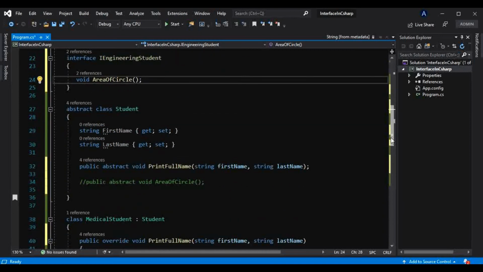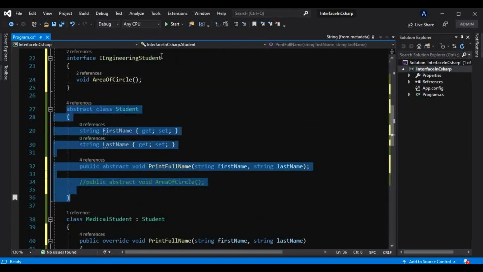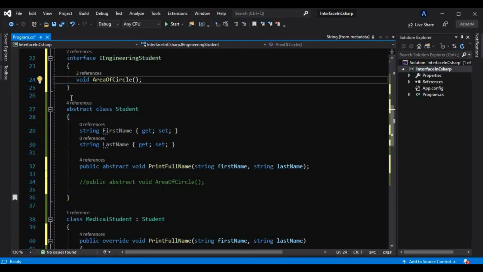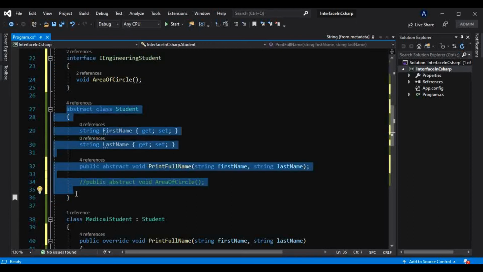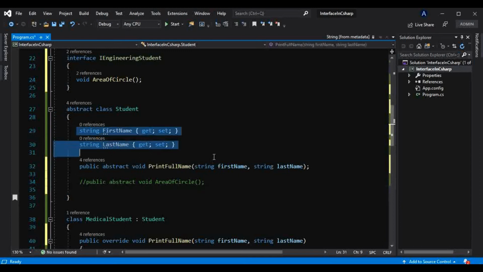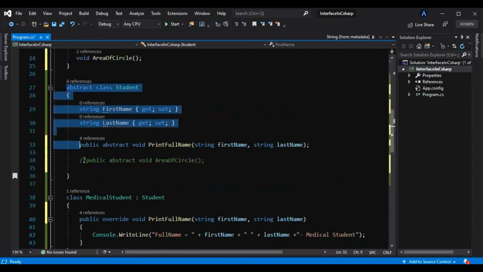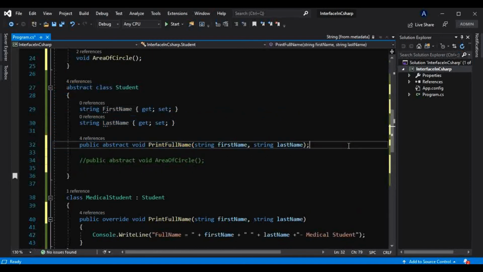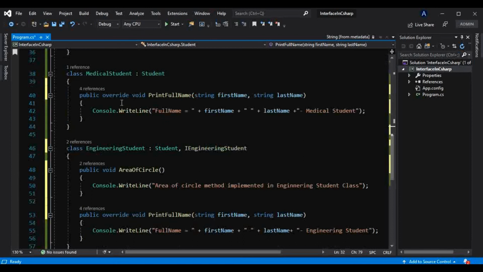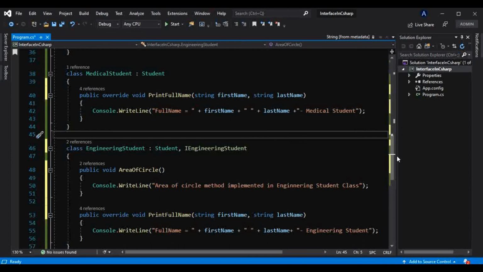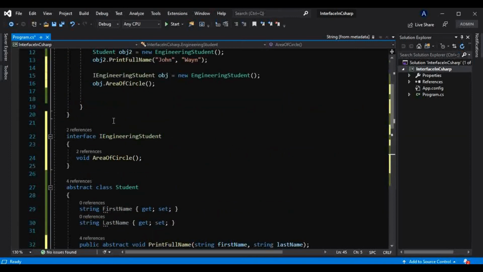And now if you have understood when to use abstract class and when to use interface: use abstract class when you know there is a common structure for its inheriting classes, that they will need that common structure, those common fields, those common properties. So at that time use the abstract class. And if there is a requirement in your application that these classes need some specific methods, some extra methods in future, at that time just introduce one new interface.